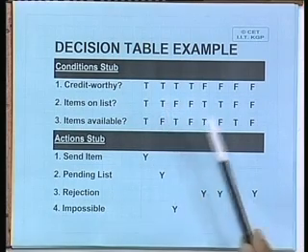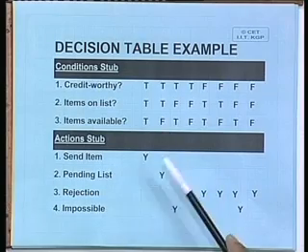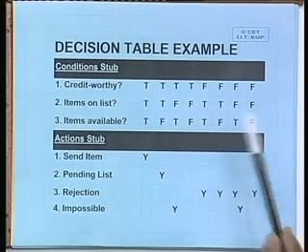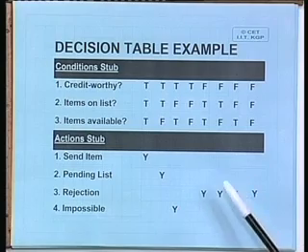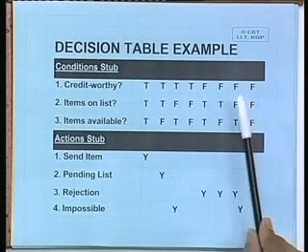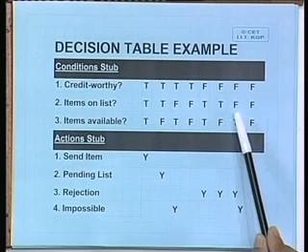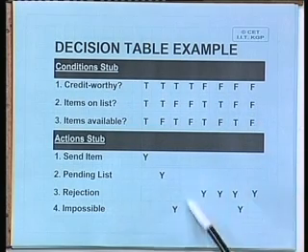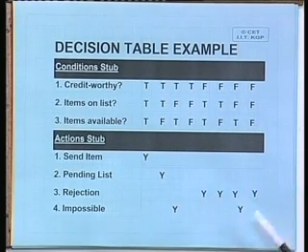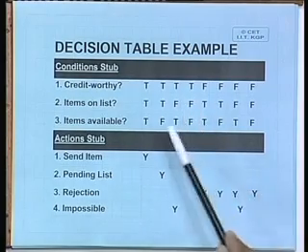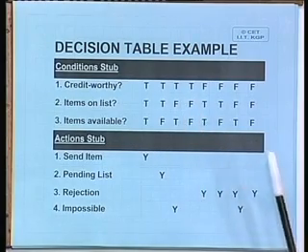Similarly, when the first two are true and items available is not true, then it goes to the pending list. Then in certain conditions, basically where it is not credit worthy or where items are not on the list, for those conditions it should go for a rejection slip. But two conditions are there, basically your